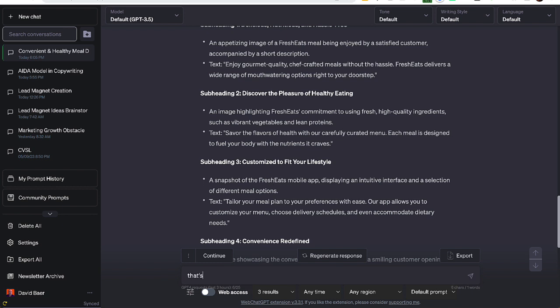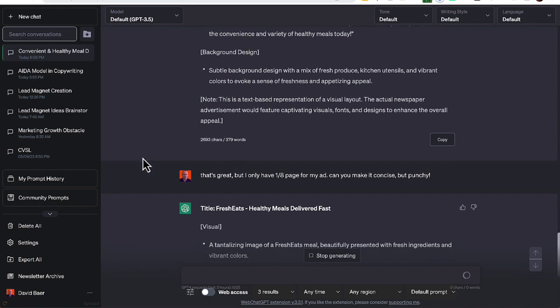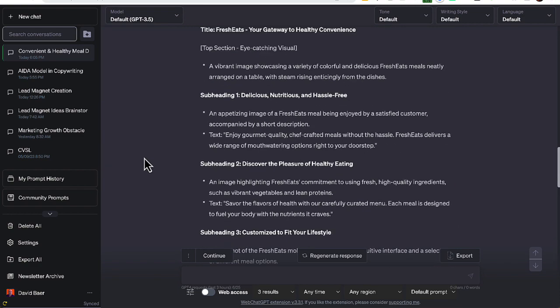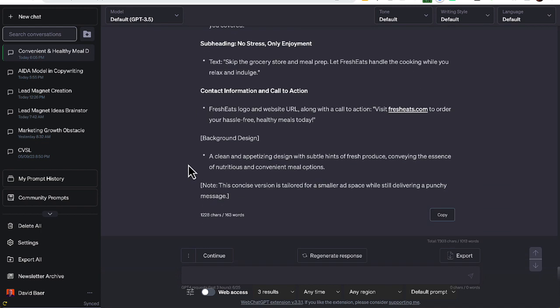Now I can say, that's great, but I only have 1/8 of a page for my ad. Can you make it concise, but I'm going to use the word punchy. I don't know what that really means, but let's see if it knows what I mean by that. And let's see if it recognizes that I want only about 1/8 of the output. It gave me probably that amount, and I might say,